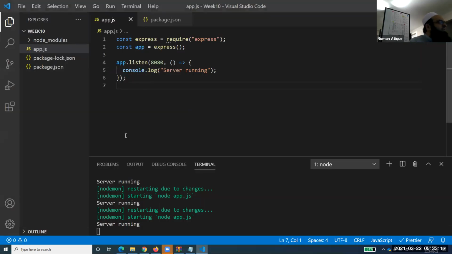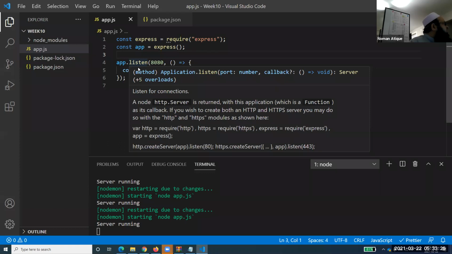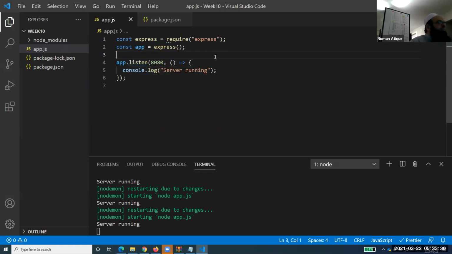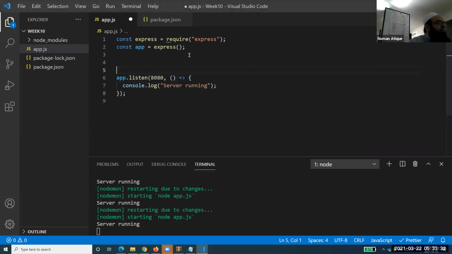So let me show you an example of that. I have set up this Express server over here, with Node and everything, and my server is running. I want to show you how these sessions work. Now, to make these sessions work,